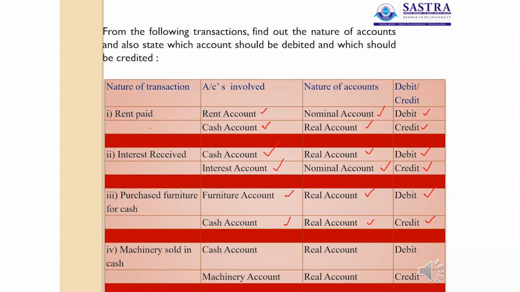Next one is machinery sold for cash. Here what are the accounts involved? One is machinery and another one is cash account. So here there are 2 accounts involved. One is cash account and another one is machinery account. Here cash and machinery both are real accounts. Now you have to apply the rule for real account. Here cash comes into the business, so that account will be debited. Machinery goes out of the business, so that account will be credited. Okay, is it clear? Then next one is